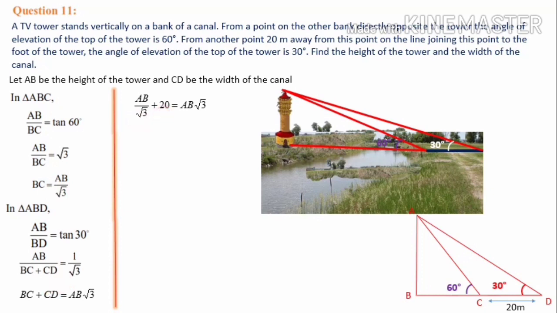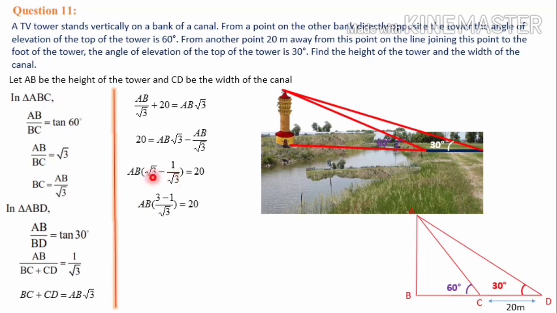So that is written here: 20 is equal to AB root 3 minus AB by root 3. We bring the AB by root 3 to the right side. Then from these two we can take AB common. AB common taking outside means in the first term there is root 3 left, and in the second term there is 1 by root 3 left. So root 3 minus 1 by root 3, AB is outside, equal to 20 on the left hand side. That is AB into